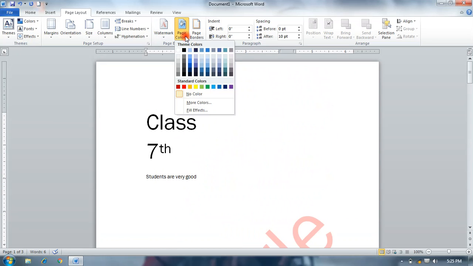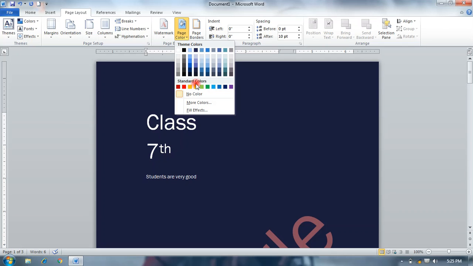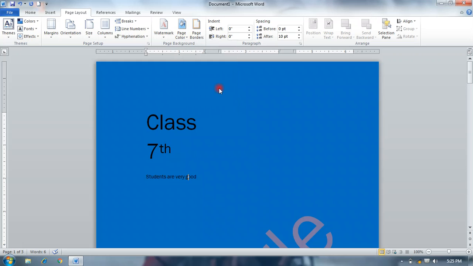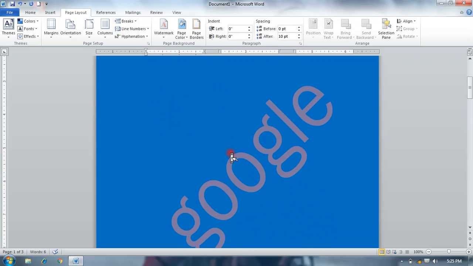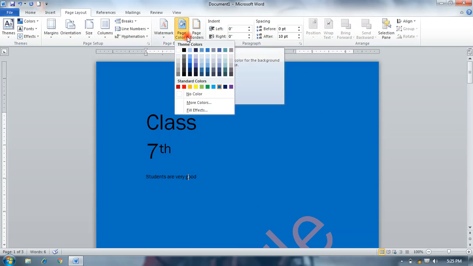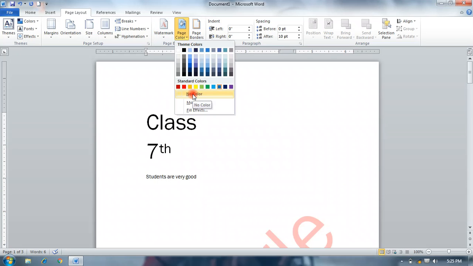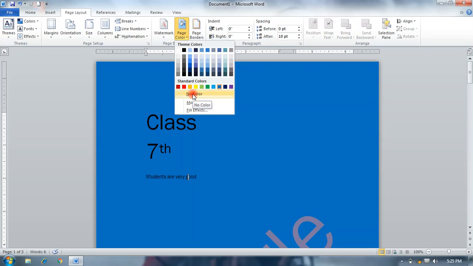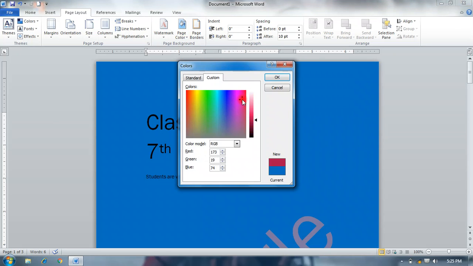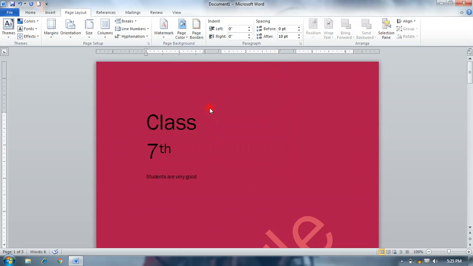Page color, you can change your page color from here as you want. These are different options for coloring your page. No color, which means no color is applied. In more colors, you can select more colors from here, okay, and click OK.